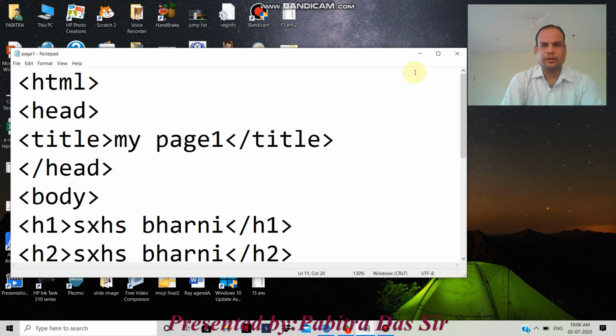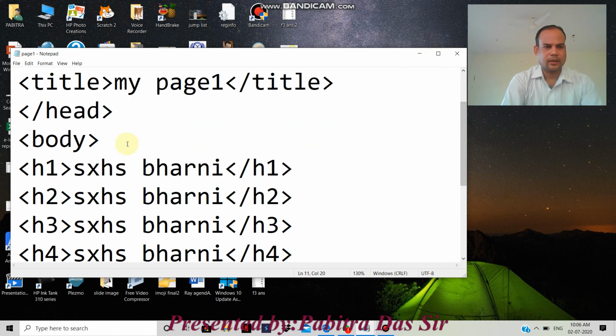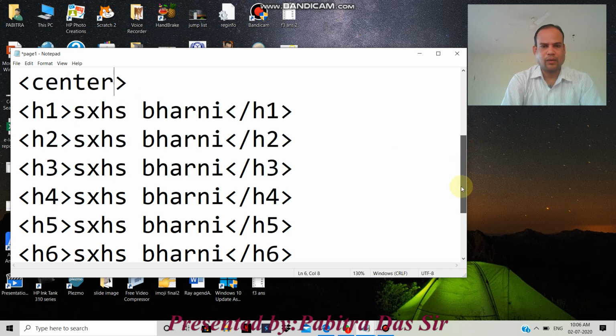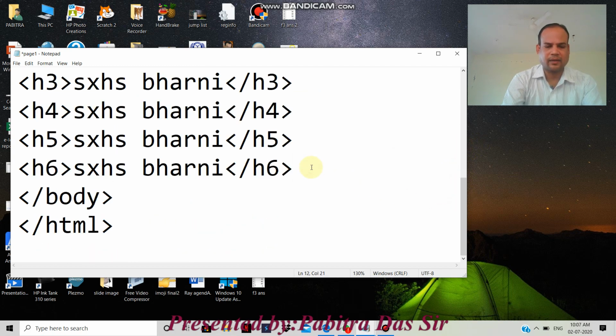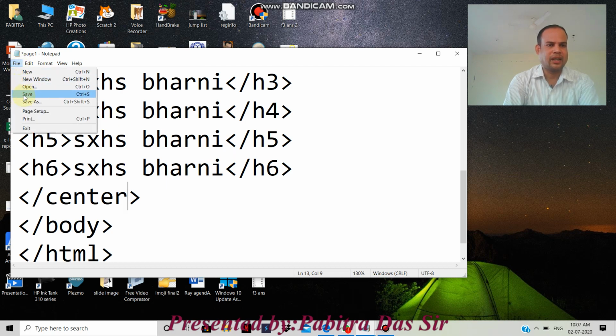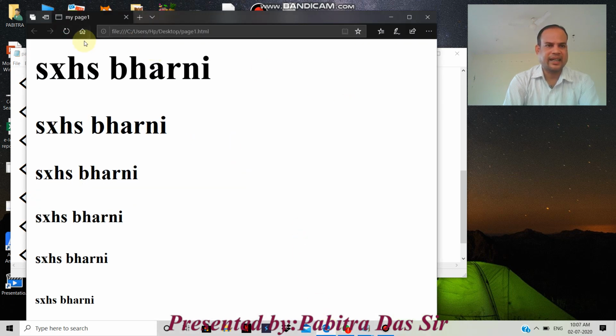Here type the center tag, and close the center tag at the end of the heading tags. After typing the center tag, save the file again by clicking save, then open your output window and click the refresh button or press F5.